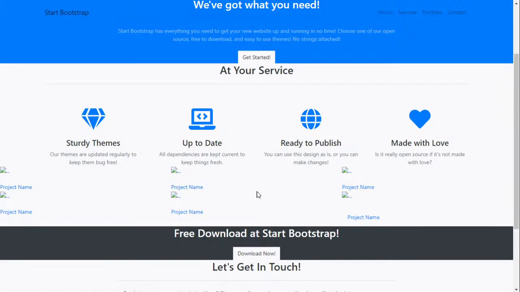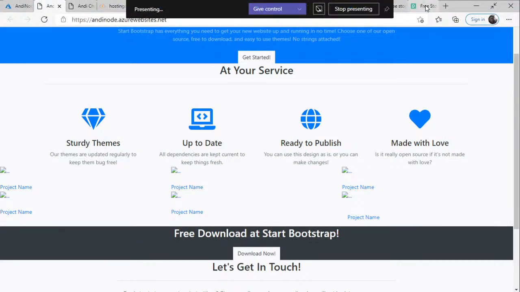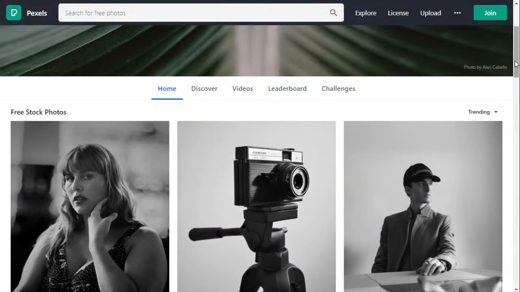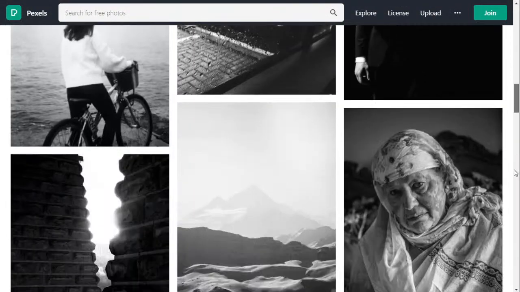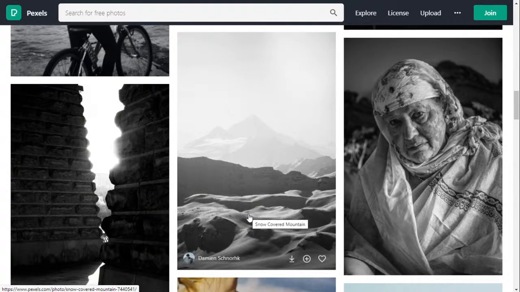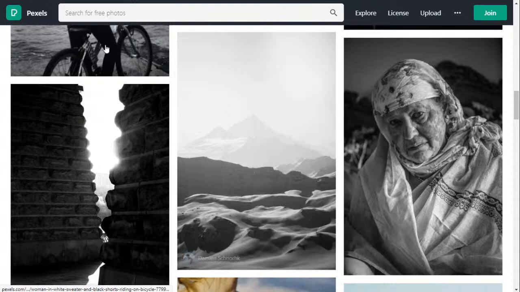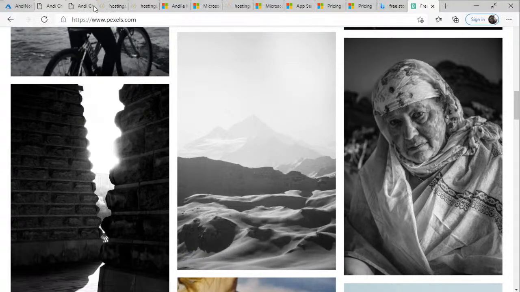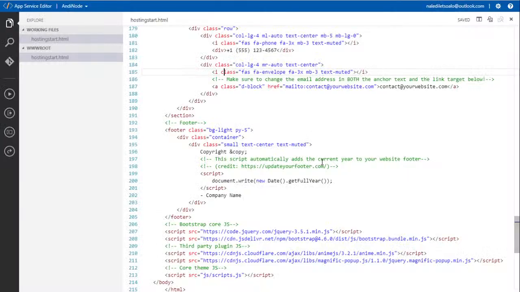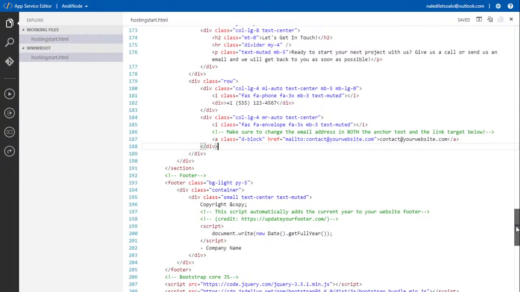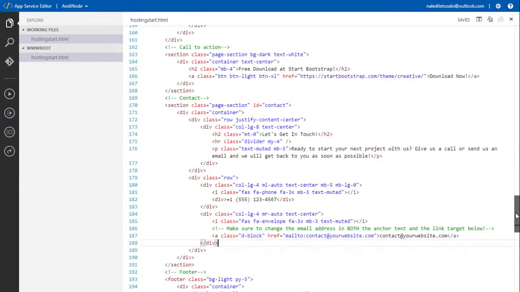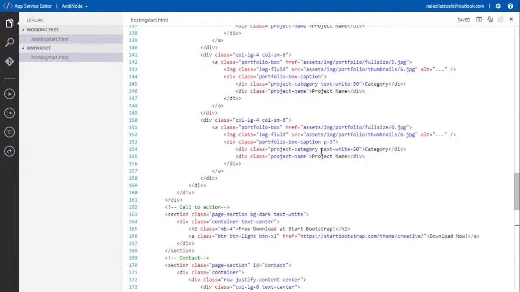And once again, for images, we're going to go back to free stock images. Let's do this one. Copy image link. All right, and I'm going to go back to this editor, and if you remember, I said we look for the tag that says img. Where are you? Okay, here's the first img.